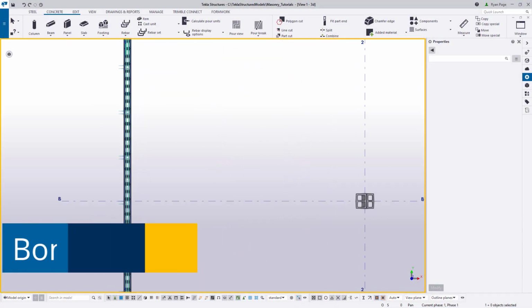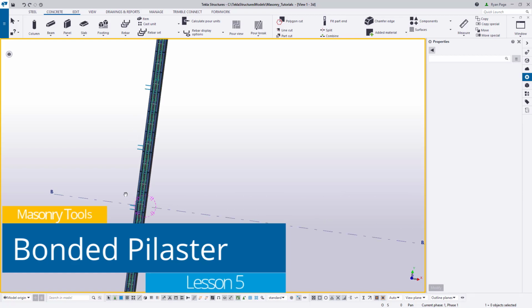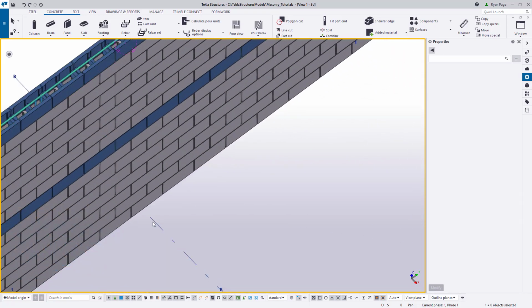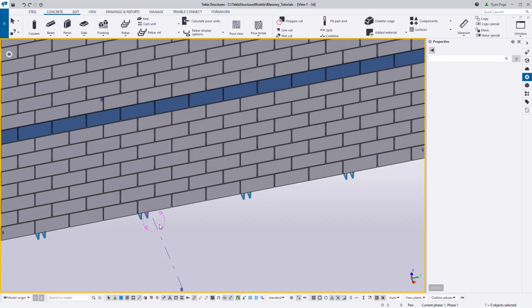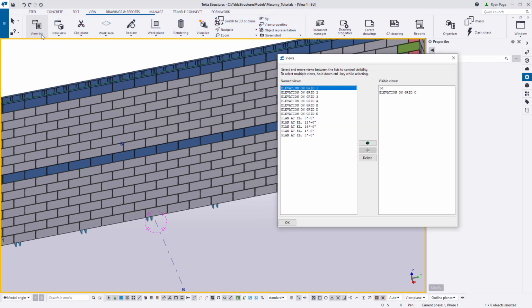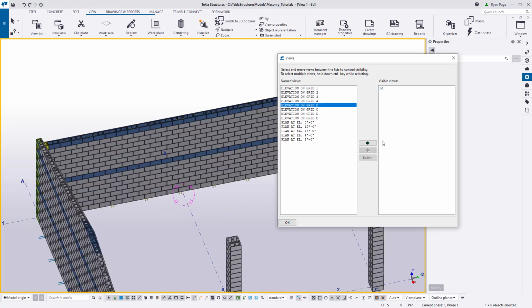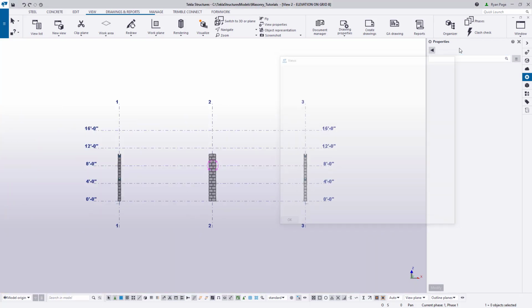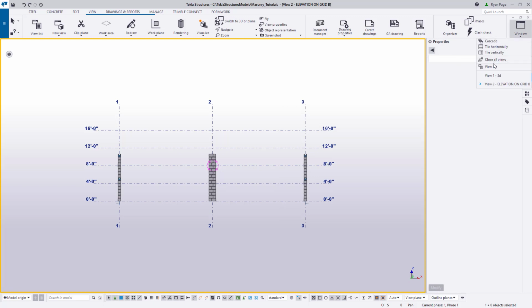A bonded pilaster isn't much different, but there are some things to consider. First, you should place the wall that contains the pilaster first using the CMU wall tool. To proceed, we'll be utilizing both our 3D view as well as elevation on grid B. Our pilaster will use both 8-inch and 12-inch blocks, same as our columns, but this method will work with other